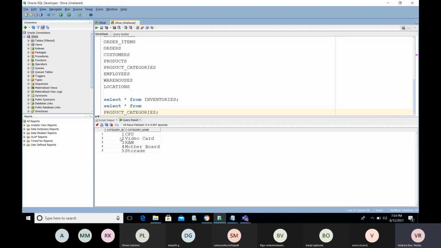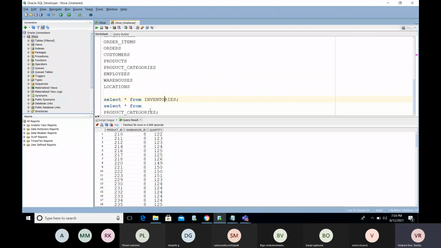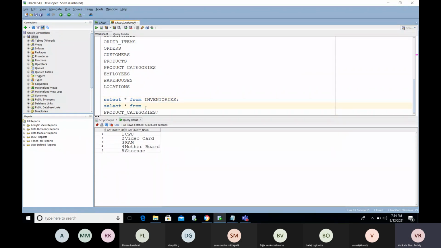This inventory table has the product ID column. So for inventories and product ID, what is the common column here? Category, we don't have anything here. Common.